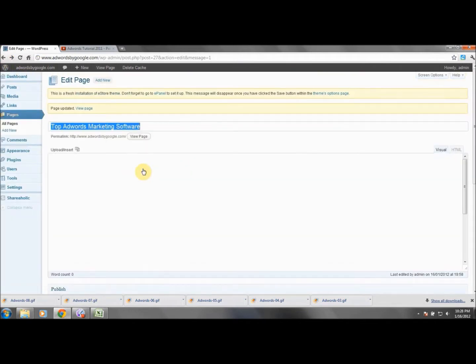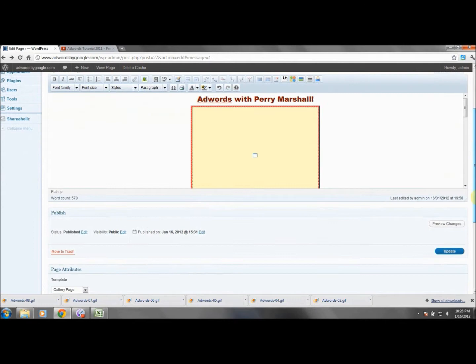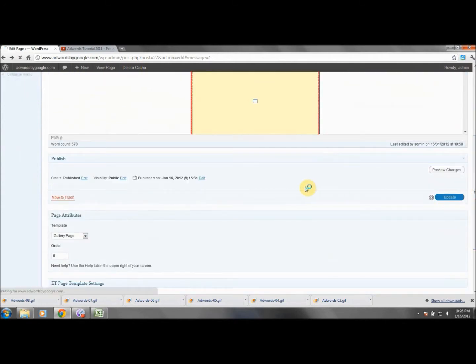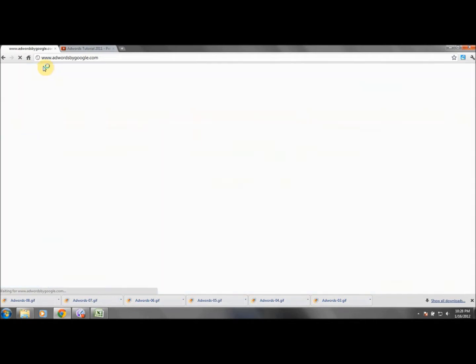So we're going to definitely trim that down a little bit. The font size here. Yeah, we're going to trim that. We're going to trim that down a little bit. Update, and we'll look at this page, and then we will get into the next part of this video tutorial,